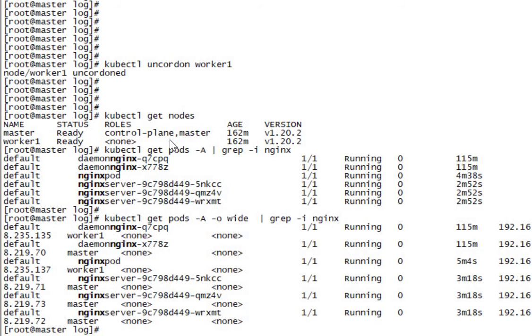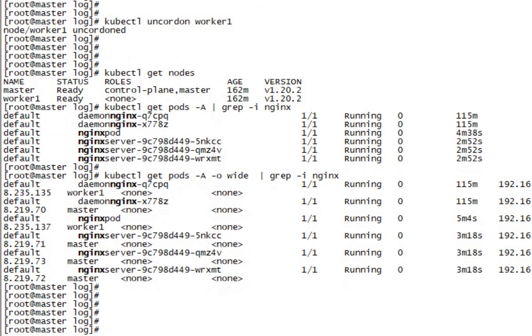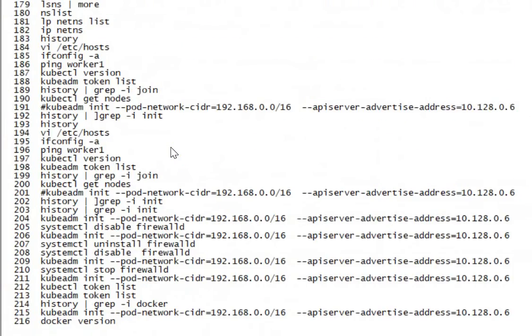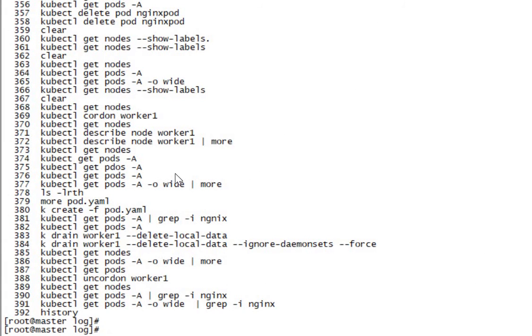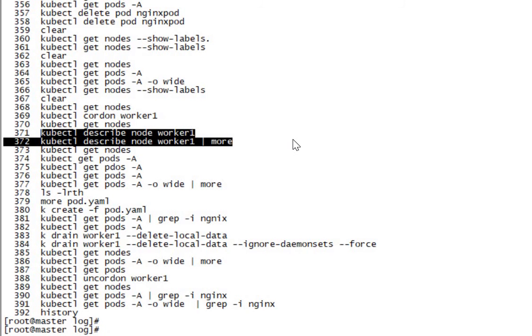Okay, fine. So what commands did we use? We used the cordon on the worker node. With describe, we could see what the label was and that scheduling was false. Then we used the drain command.